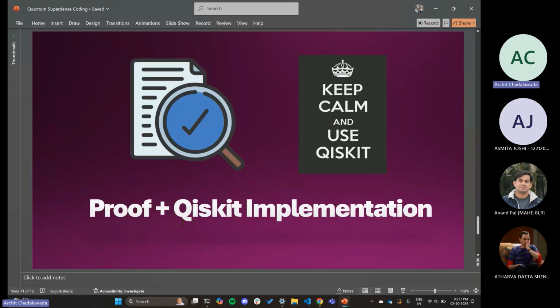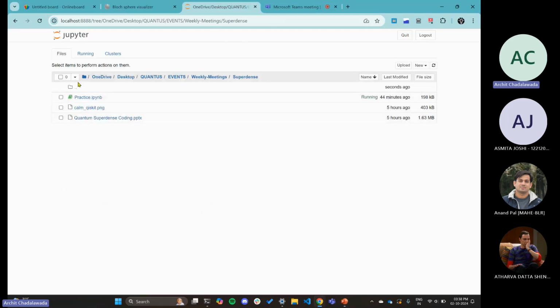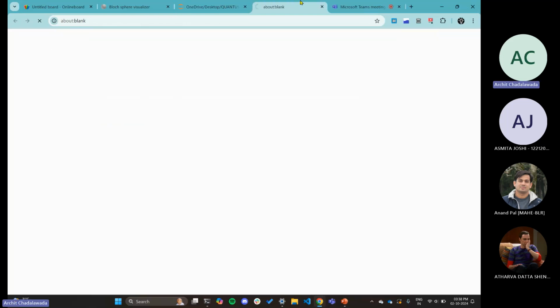So we've seen the proof. Now let's look at the Qiskit implementation of the circuit, which is almost trivial once we've seen the circuit. So let's hop onto a Jupyter notebook and see how it's implemented. If I create a new notebook,